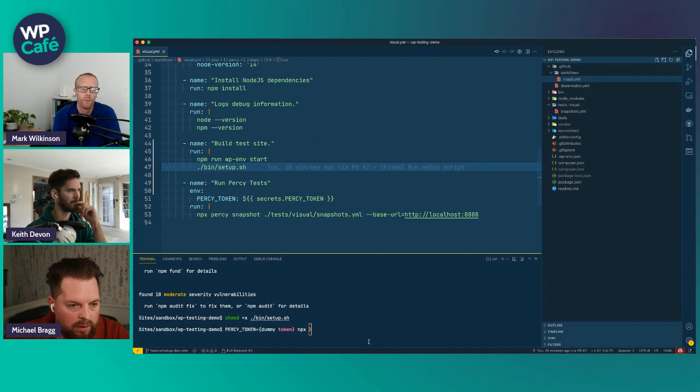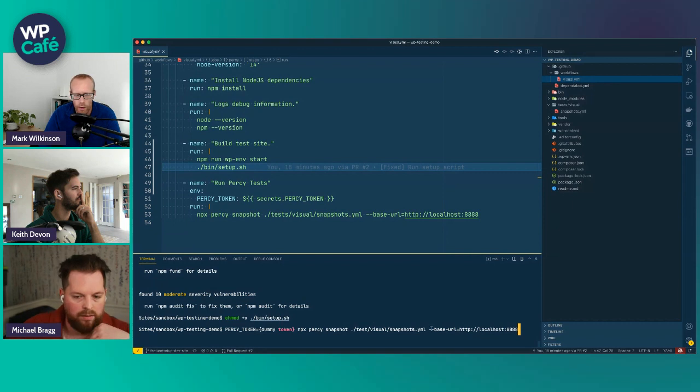Yeah. So we run percy snapshot tests visual. And then that would be whatever address you're running locally on. Yeah. And then that would run Percy and compare it to